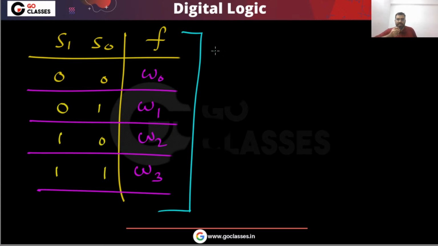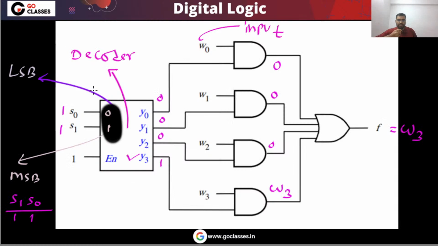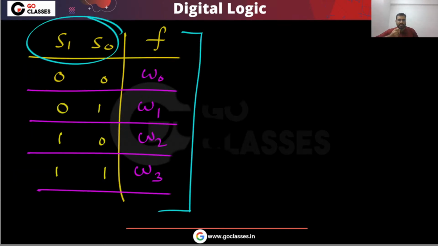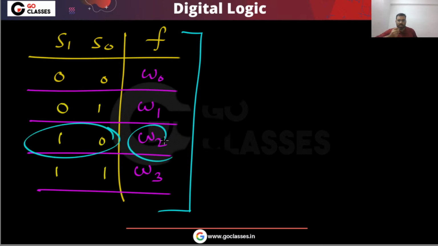When you see this truth table, you can notice this is your S1 S0. So when these are 1, 1, then F will be W3. When these are 1, 0, then this is W2. So when these signals S1 S0 are 0, 0, output is W0. When these signals are 1, 0, output is W2. So when you see this truth table, then